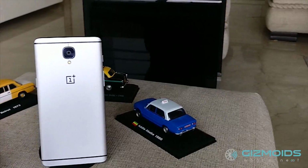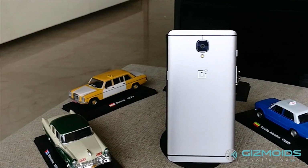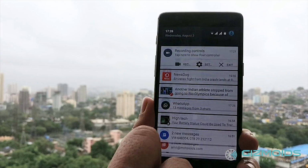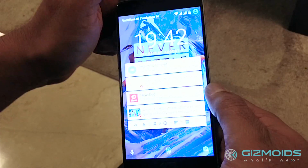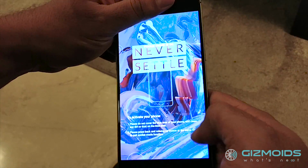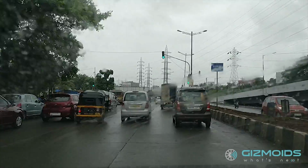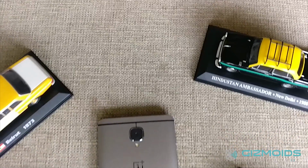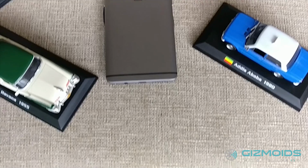OnePlus has been very proactive in listening to user feedback for the OnePlus 3 and has released several OTA updates for quick bug fixes, making the experience even better. The most recent 3.2.2 update adds an NFC toggle to the quick settings, adds a nifty pocket mode to the mix, which disables the fingerprint scanner when the phone is in your pocket, and deals with some errors with notifications. The video quality has been enhanced with new codecs, and noise cancellation while recording video is even more effective now. In addition, some more enhancements, fixes and security patches have been applied, all of which makes the OnePlus 3 experience